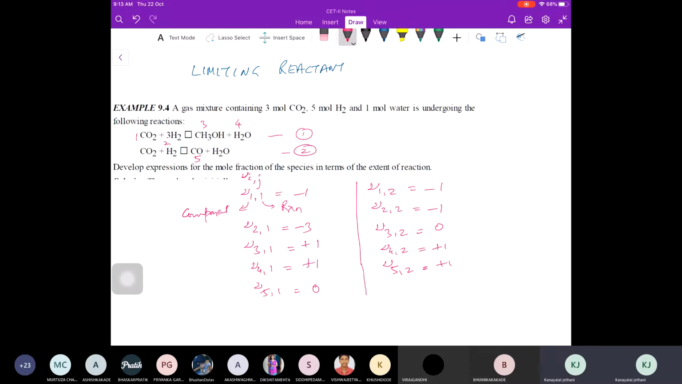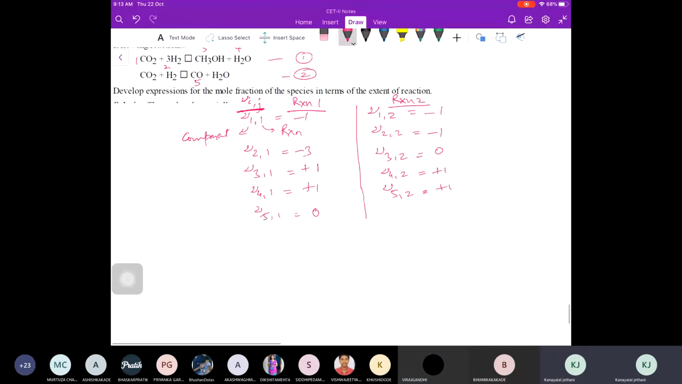That is nu ij. That's what we are writing, right? One is for reaction 1, and the other is for reaction 2. Did everyone understand this? Yes sir. Right? So now what we need to do is we need to find the sum for reaction 1,